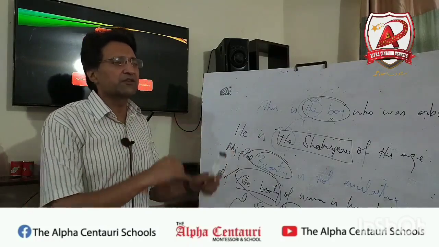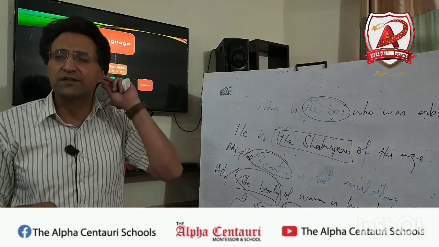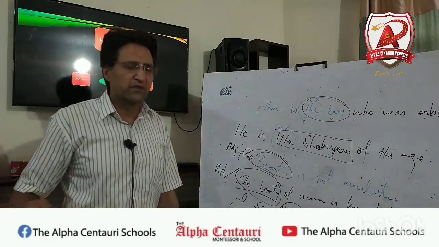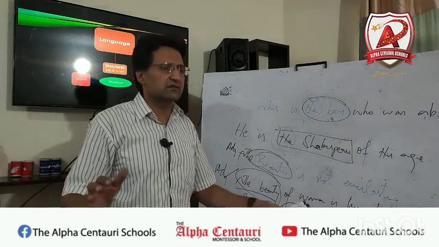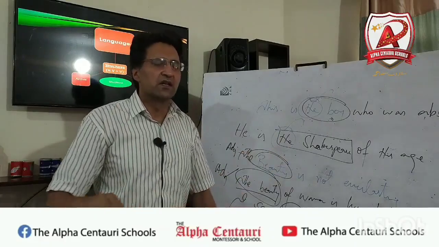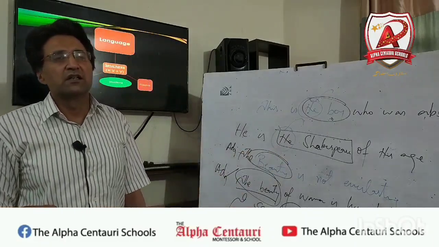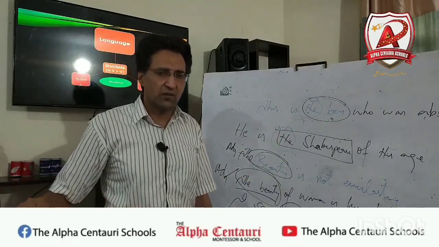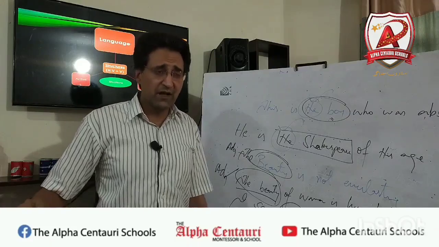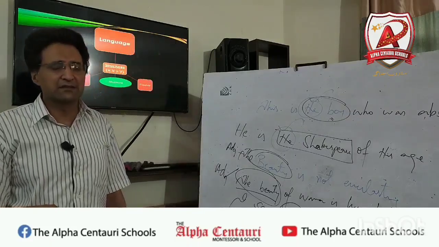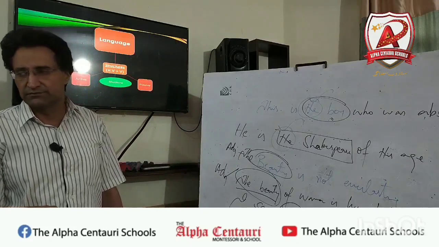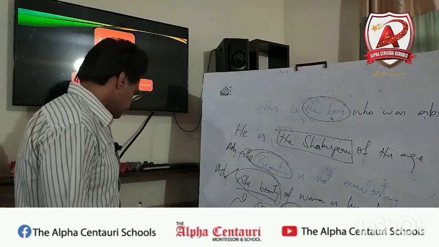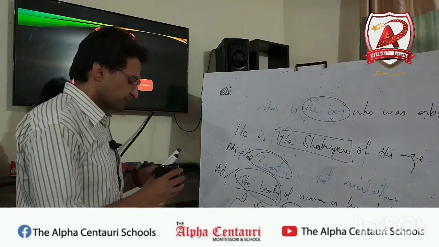Among all these parts of speech, or among all these words of a language, simply we call them words of a language, words of a sentence, because we have discussed that a sentence is a combination of words. Among those words, the most important of all is what? Verb. And whenever I say verb, it always has a helping verb along with it. And what form, and why? As you can see on screen,